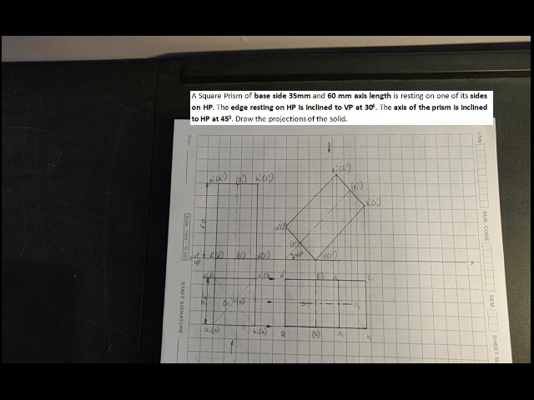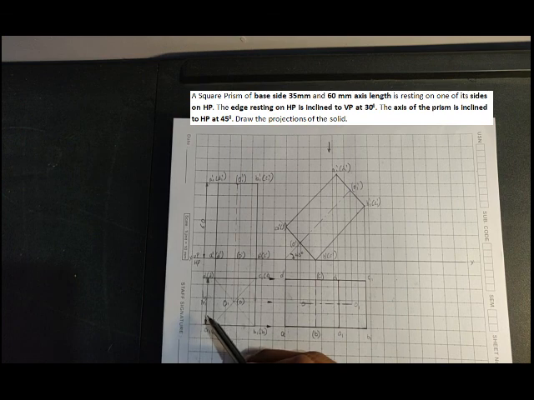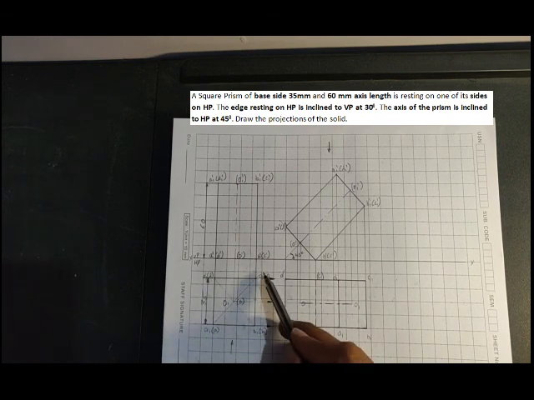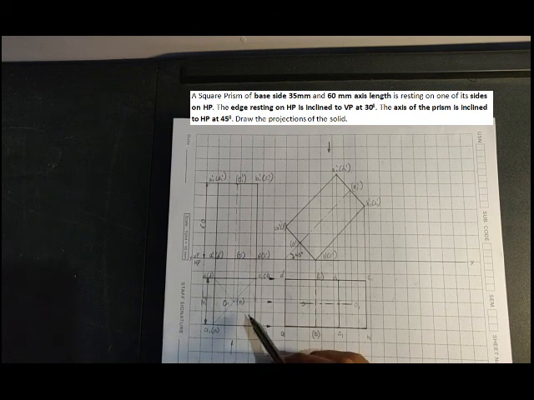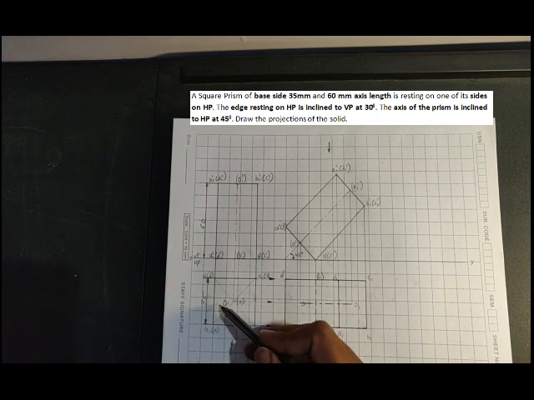Okay, right. See, you need to also understand there are two types of conditions here. One is edge condition, one is corner condition, that we have already learnt. So this is the edge condition. Since he says it is the side that is resting on HP, edge is resting on HP. So that is why we need to draw this edge condition or edge towards the right of the observer. As you can see here, I have taken the edge towards the right. So you can ask me, sir, why is this A and A dash? Again, you have taken this edge onto the left.